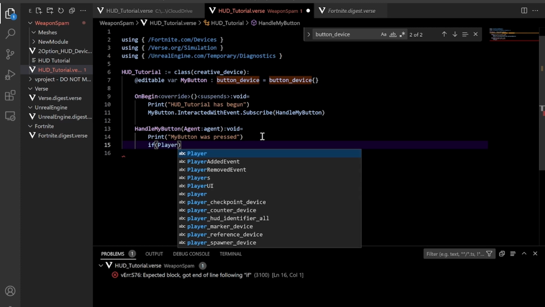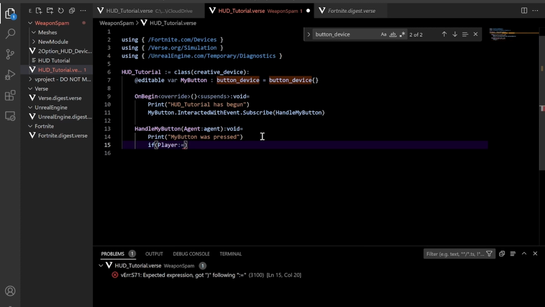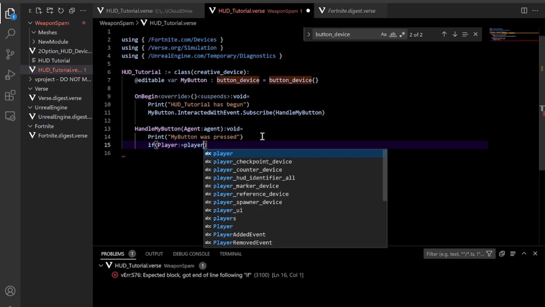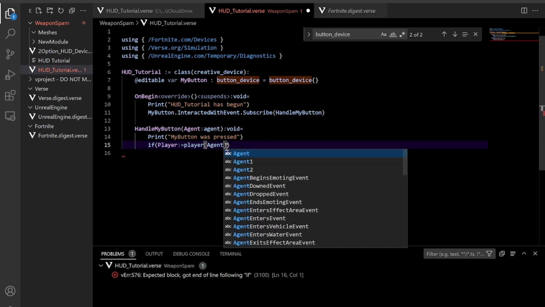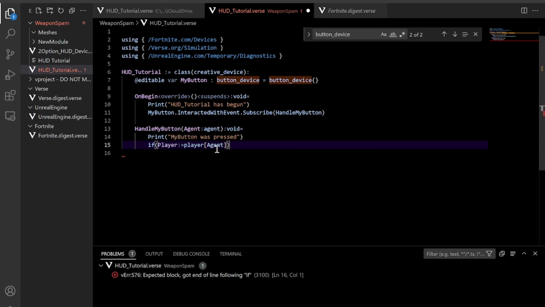That's going to be the name of our player, and we're going to have a colon equal to, the assignment operator inverse, and we're going to have player, which is the type, add these square brackets, and it's going to be at the index of agent. Basically, this player exists wherever this agent exists. Then add a comma,